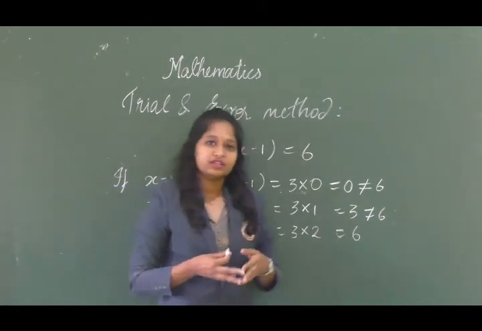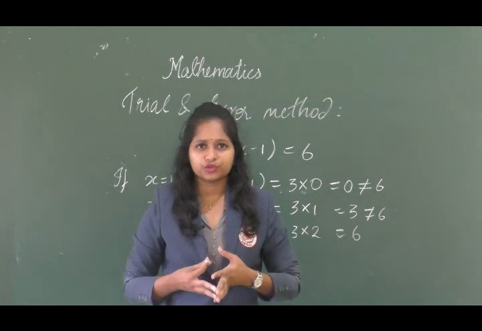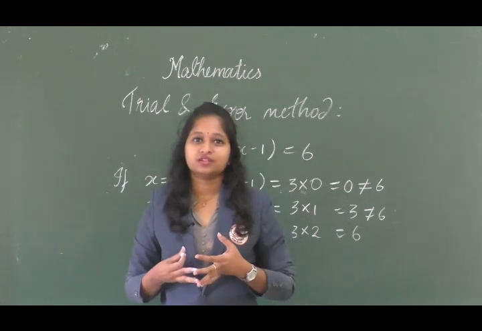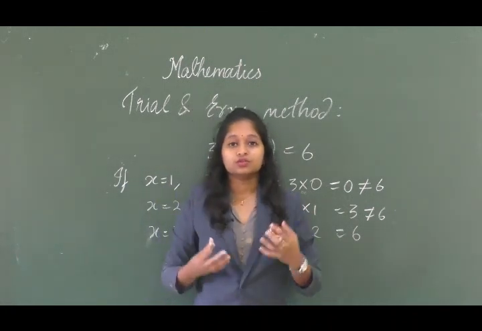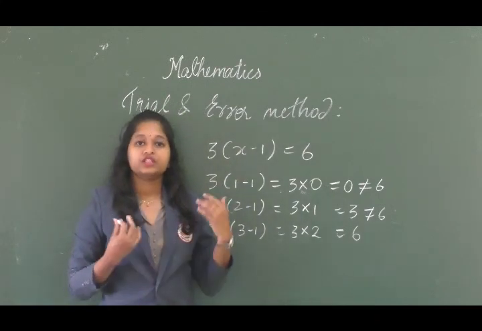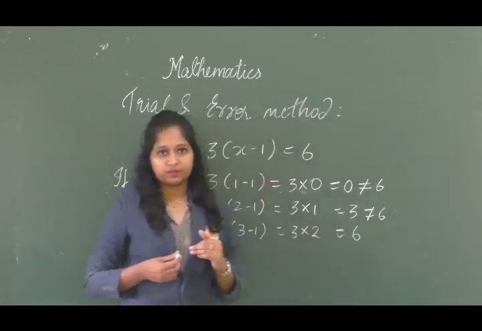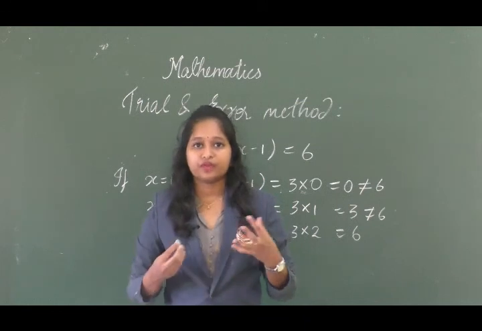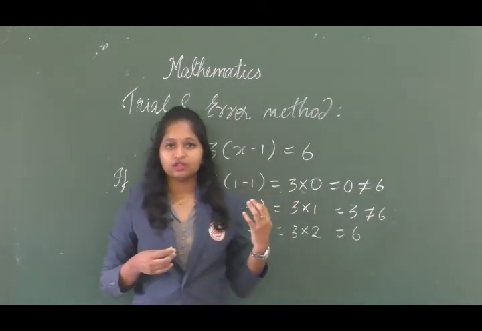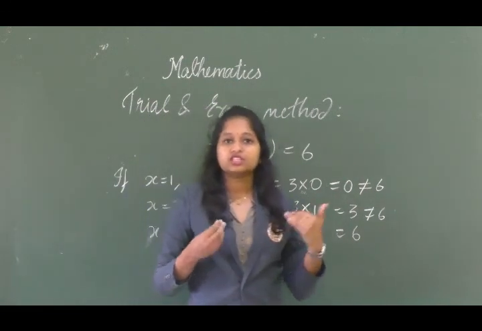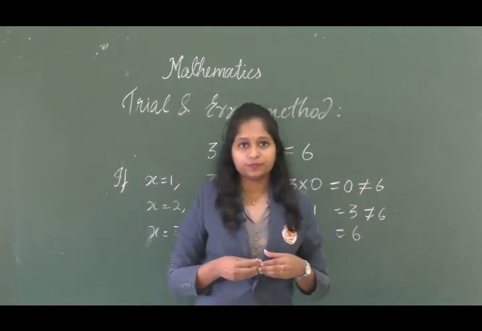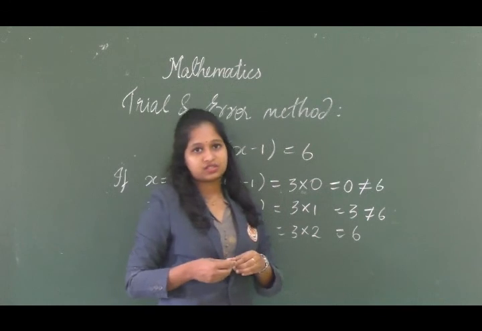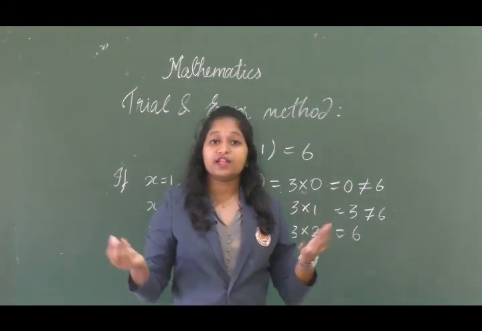So children, in the earlier example, I had shown x equal to 5 as the solution. How to solve that? There are 3 methods to find the solutions. Okay, the first method is the trial and error method. As the name indicates, we have to guess one value for the variable and then keep on doing it till we get the correct answer. Okay, I have one example here. 3 into x minus 1 equal to 6. Okay, what is the value of x?